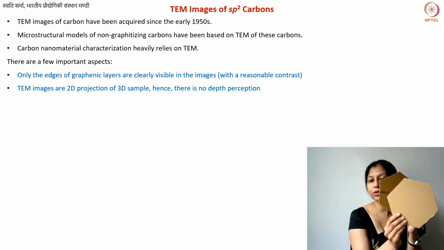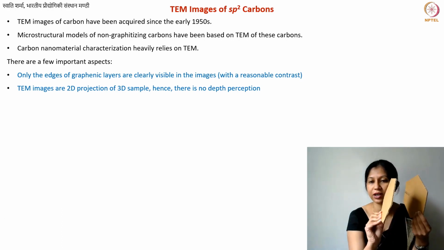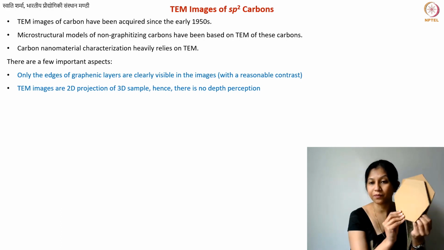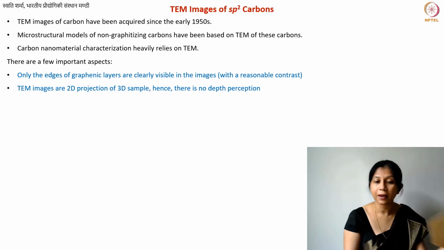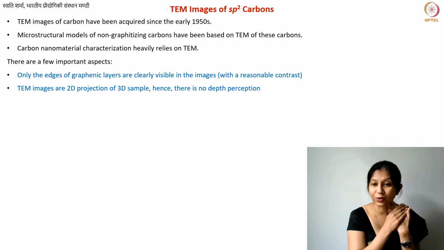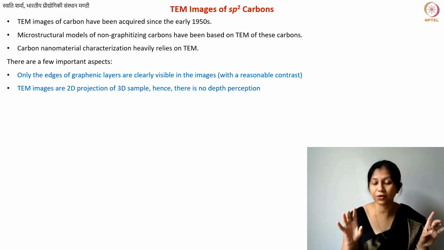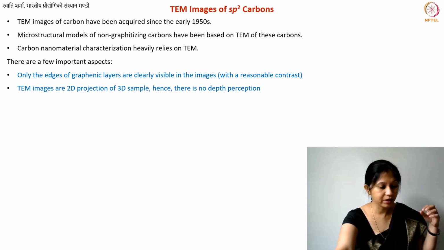Now, however, what you see is just the edges, and it looks like they are both in the same plane. So you cannot differentiate if they are like this or they are like this, basically, because you are only seeing the front view, and in the front view all you see is the edges, and you cannot get any depth perception. So this is something very important. These two things, if you understand, then you should be able to analyze your images at least. The problems during imaging are different, but at the time of interpretation, you need to understand these two things completely.